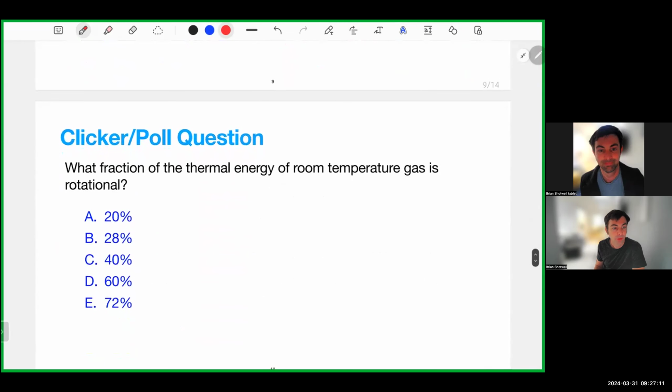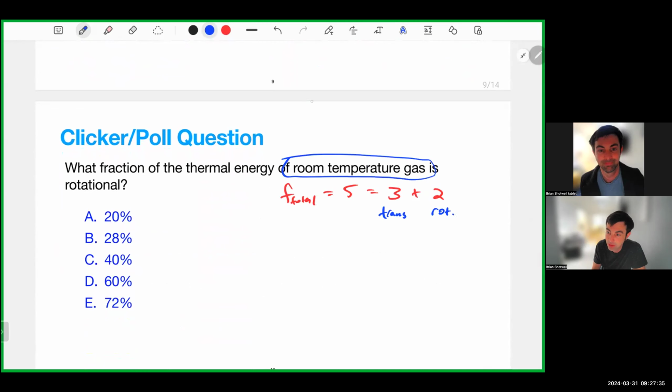Okay, what fraction of the thermal energy of room temperature gas is rotational? So the total number of degrees of freedom here is 5, right? It's 3 translational and 2 rotational. So this is translational degrees of freedom and rotational degrees of freedom. Room temperature gas is